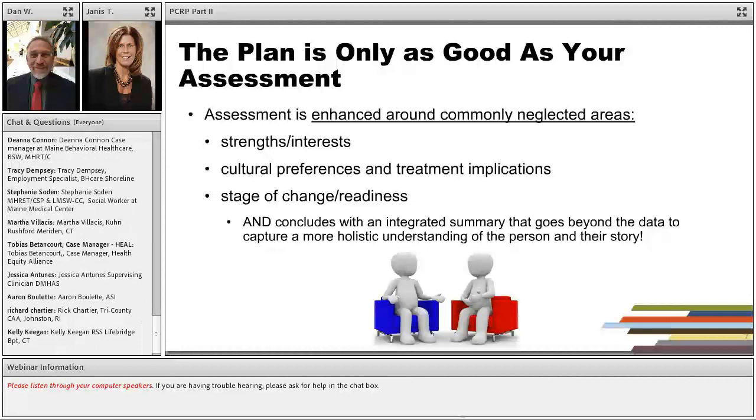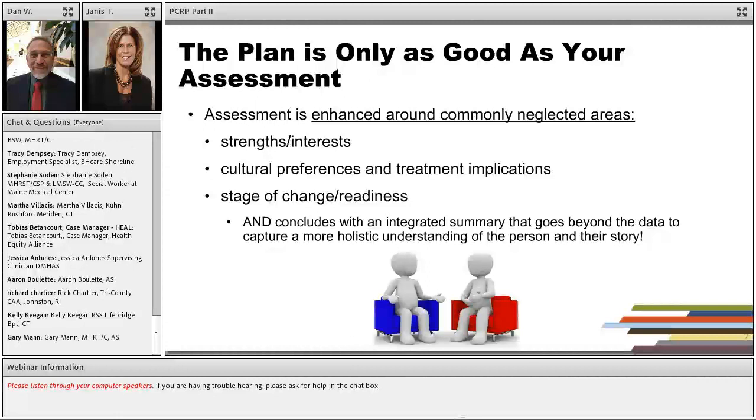The question you really need to be thinking of when you're writing an integrated summary prior to your plan, you have to be asking the question and talking to the person about, why is it that you're making a choice not to use medications? How do you understand that? Because the answer to that question is going to take the plan in many, many different directions and have direct implications for your documentation.